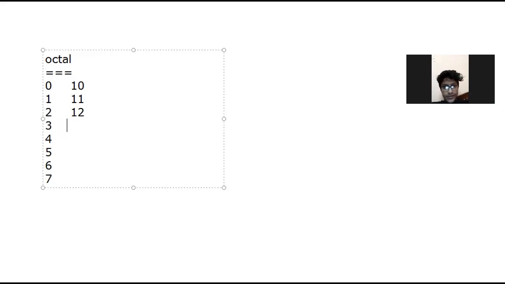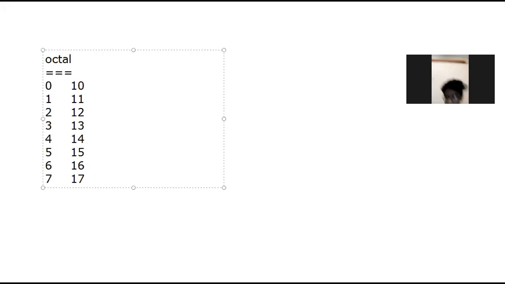We call it 1, 2, and then 1, 3, then 1, 4, and then 1, 5, and then 1, 6. Now, a very interesting thing is that you will find the same numbers in two different places. Like 1, 7 is 17 for the decimal, whereas 1, 7 is not 17, it is only 15 for the octal. Why is it? If you try to understand, you will be able to understand it carefully.